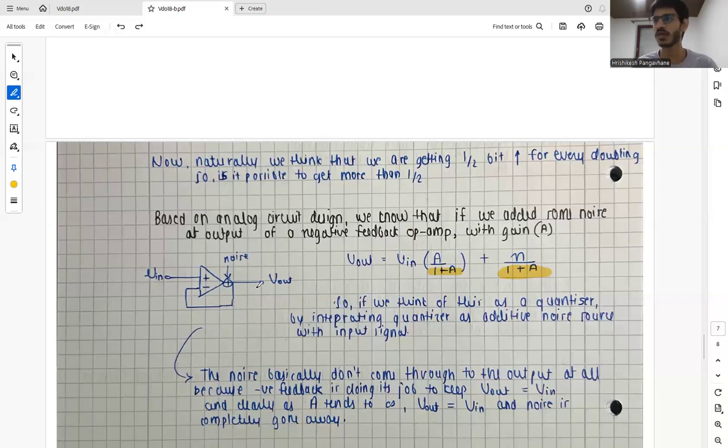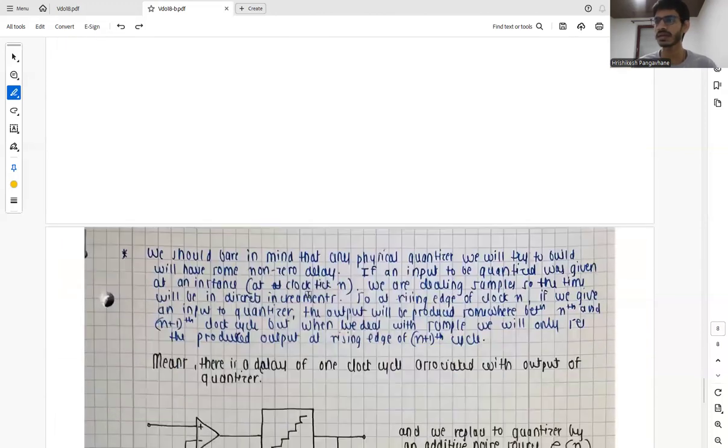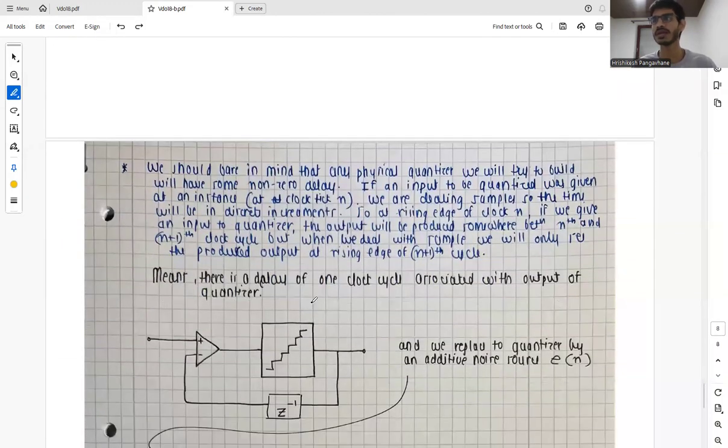So this is the concept of analog circuit design and realizing the quantizer based on those facts. Then we should bear this in mind that any physical quantizer we try to build will have some kind of non-zero delay. So there will be some delay. What does it mean? If an input to be quantized was given at an instance,